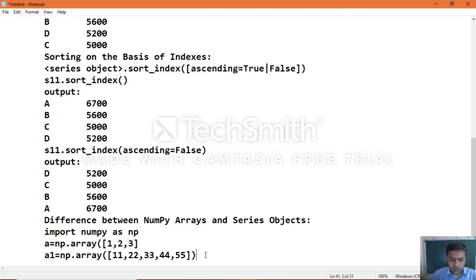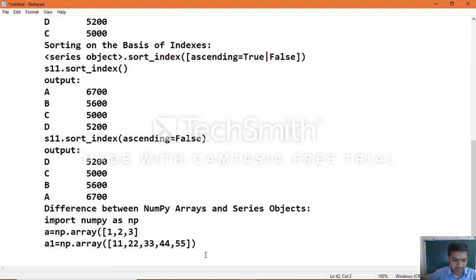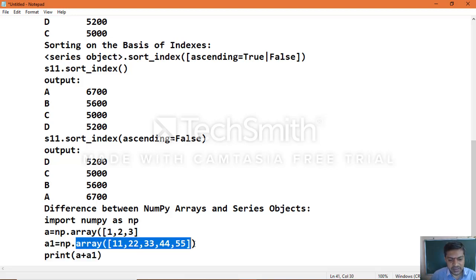When you try to perform an operation, for example a plus a1, this will give you a value error. If it is a one-dimensional array, the shape is nothing but the total number of elements, which is 3 here, and in the other one-dimensional array the shape will show 5.